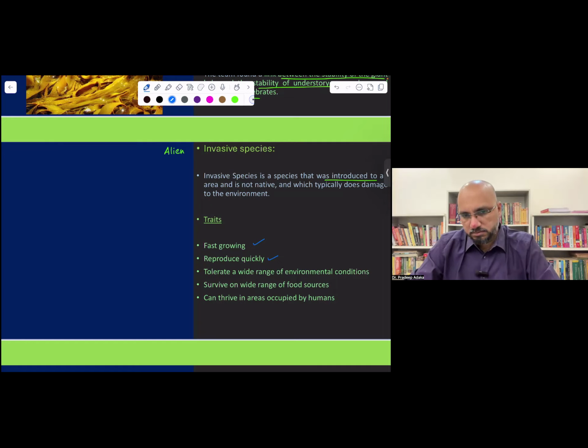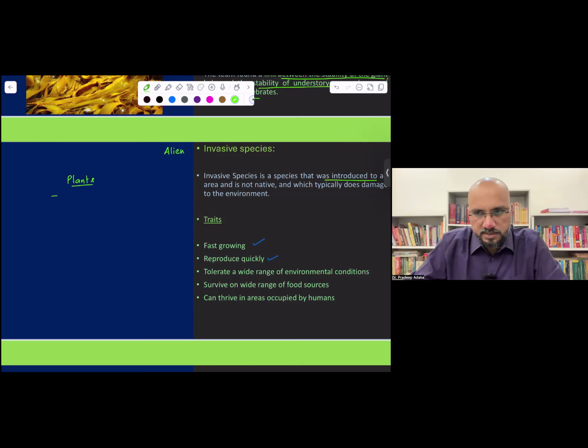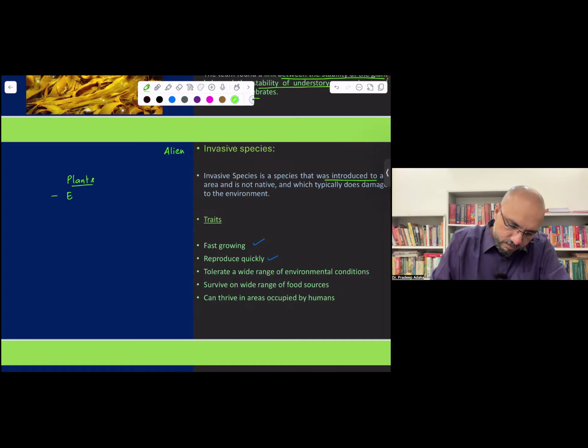Yes, you can say it as an invasive species. See, Congress grass is also an example. Weed बोल सकते हो, it is also an invasive species. So if you take the examples of plants, I'm generally giving the examples of Indian case. Okay, plants में